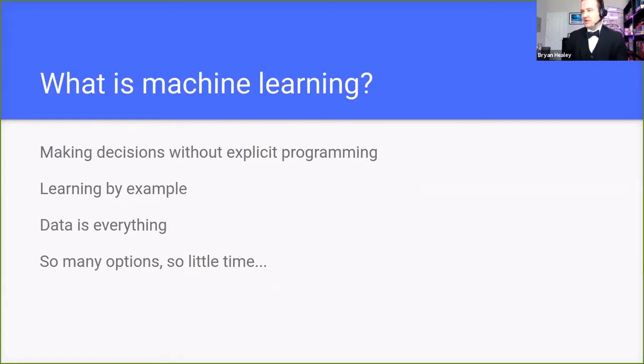The first is that because all of these systems fundamentally learn by example, data is everything. There's a reason why most machine learning engineers probably self-describe as data scientists instead of machine learning engineers, because the bulk of what we do day to day is just collecting, annotating, cleaning, managing data. How do we get it? How do we get it in the right form? How do we extract the right features? How do we get everything organized so that the learners can go and do their thing?